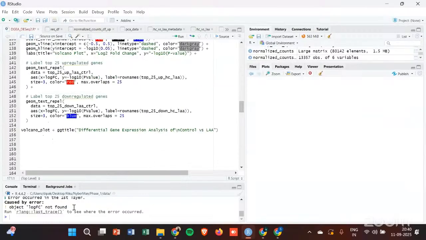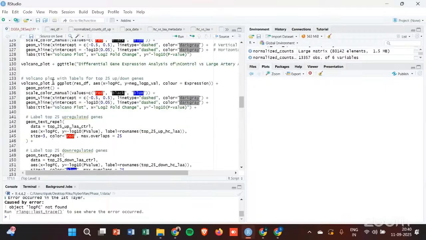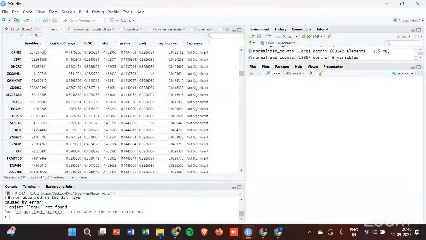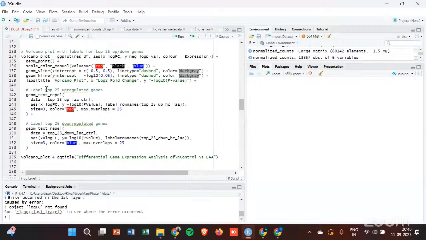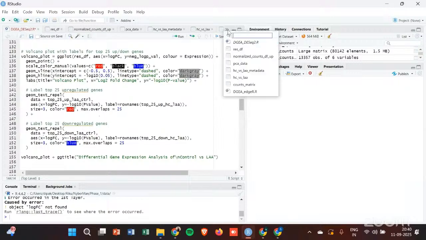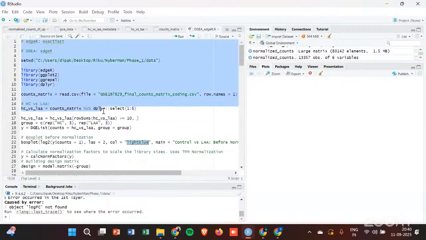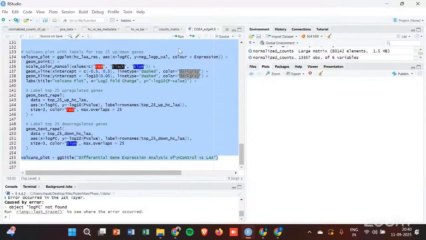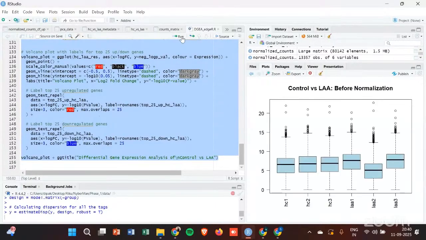okay, log FC not found again. So okay, there are a lot of variable errors here. Don't worry, I will fix them. Okay, it should be, I think, log 2 fold change. Yeah, variable errors. I'll quickly show you guys in the HR script. Actually, we will quickly run this and I can show you guys the labeled ones, just for the sake of showing. Okay,